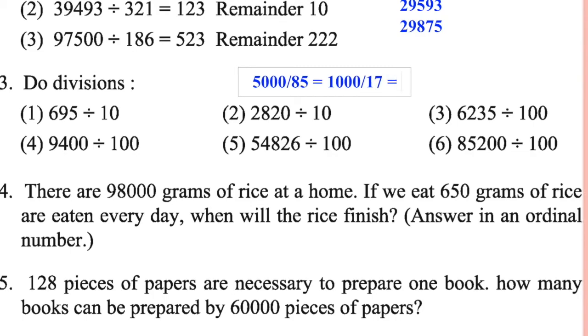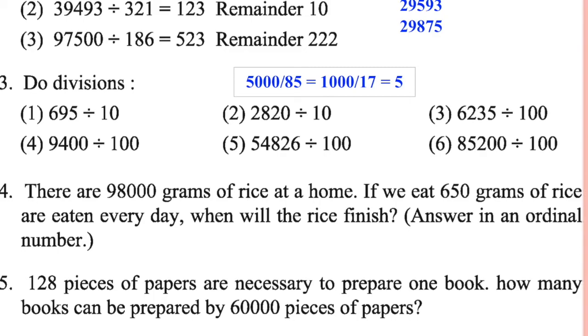Okay, 17. How many hundreds? 17 5 is 105. 17 4 is 4 7 is 28, 68. 17 5 is 5 7 is 35, 5 3 85. 17 6 is 6 7 is 42, 2 4 102. So 5 is 85. 85 means 15 will be the remainder. So 150.